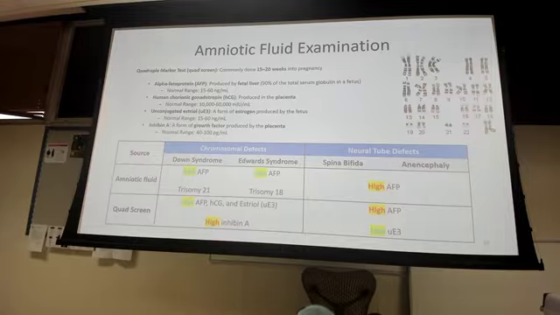Okay, so here it is again, what I just said. If you need to see it differently, here it is. So for amniotic fluid, if it's low AFP, trisomy 21, that may be Down syndrome. Low AFP, trisomy 18, Edwards syndrome. And then the quad screen, if we're looking at chromosomal defects: low AFP, low HCG, and low estriol, and high inhibin A. So, like I said, just know alpha fetoprotein, AFP, okay? Because I will ask you about